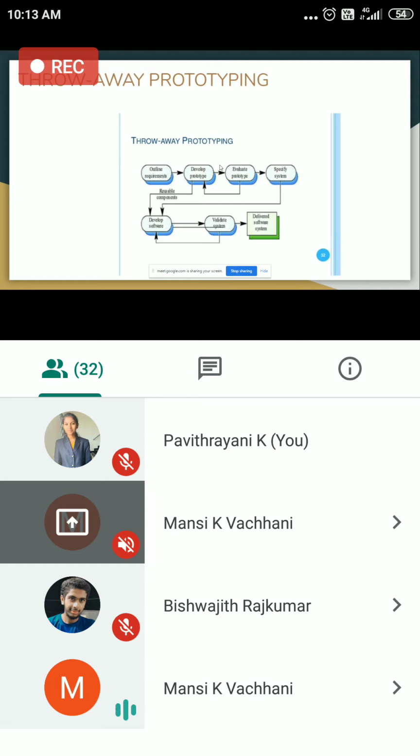After all the ideas have been taken on paper, we have to deploy that in a computer. We put that in a system. After that, the paper is of no use, so we throw it away. Likewise, if we get new ideas, we throw away the old one, and the next new prototype will be developed. This is throwaway prototyping.